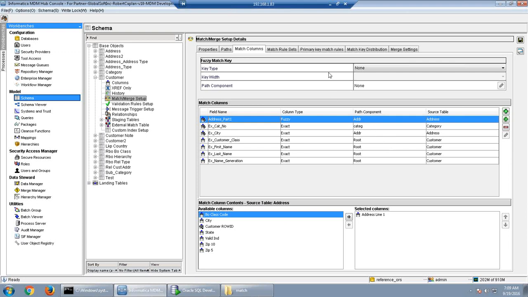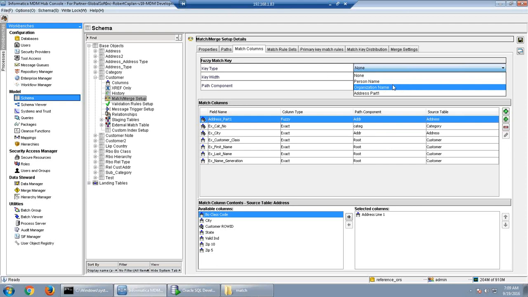Now on the top, we have some components here. First is the key type. In the key type we have only 3 options here and we have to select this key type. We cannot leave it as none. So key type is person name, organization name or address part 1, only 3 options are there. This is based on the main identifying information that we are trying to match.